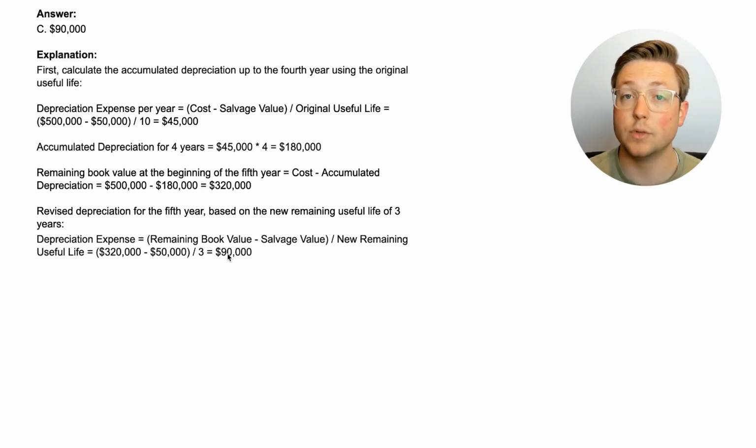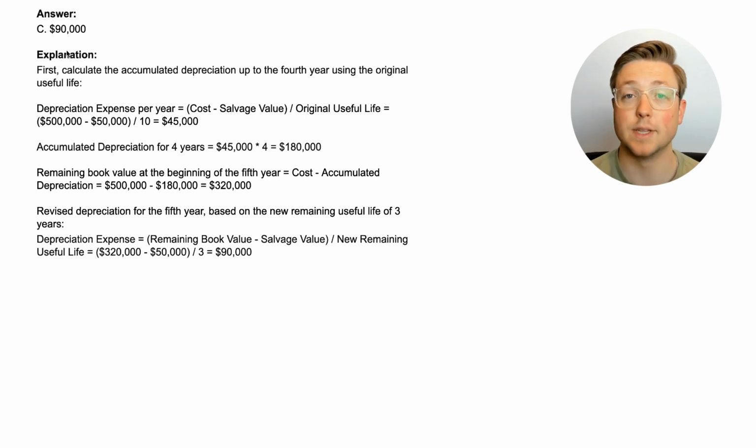And again, that includes the 5th year that they are in. So in the 5th year, because it's a part of the next 3 years, they're going to recognize $90,000 of depreciation from year 5 and onwards. So that's why we have this adjustment of $90,000 for the depreciation that hadn't been recorded yet, but we also had to take into account the change in the estimation of the useful life.